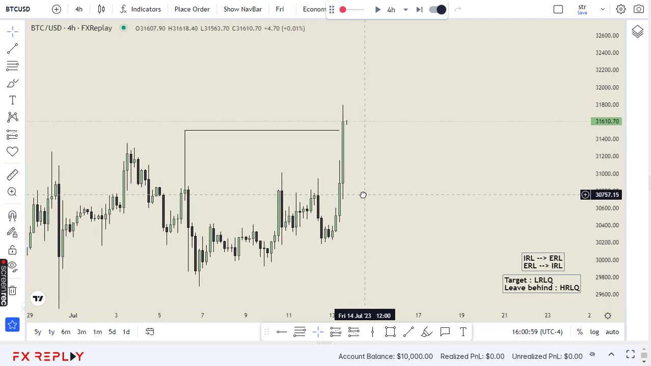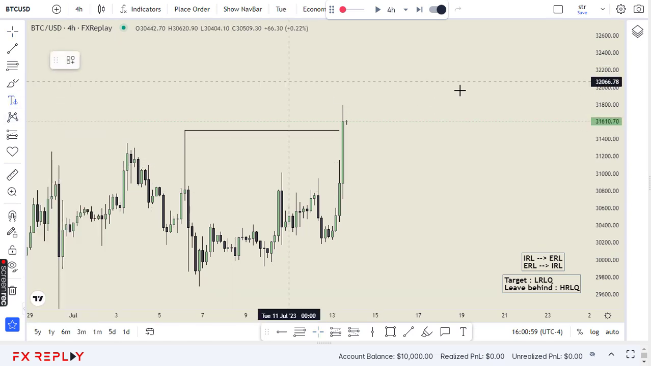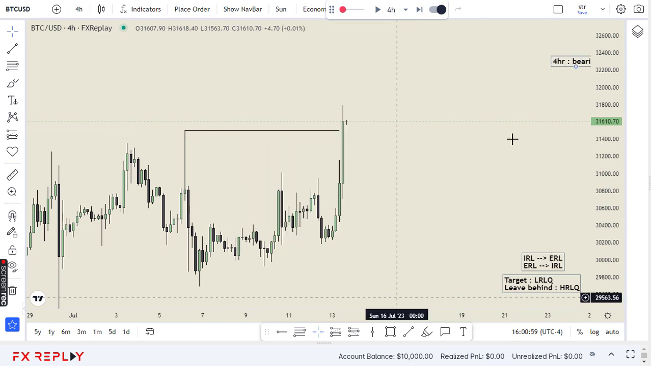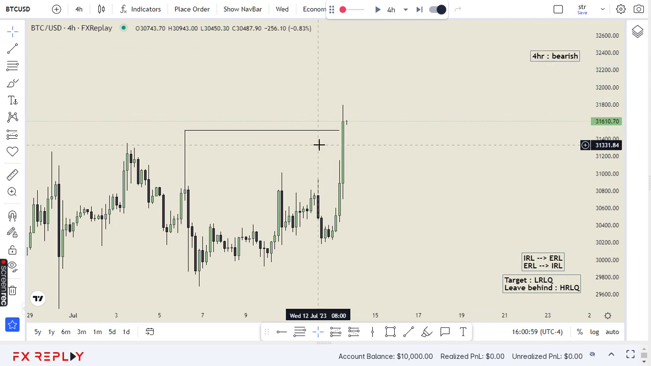Now, we have a bearish bias on the 4-hour chart, so let's write it here. So the 4-hour is bearish. We have a bearish bias on the 4-hour. The next thing, we go to the 15-minute chart. When you are on the daily, the next optimal chart to look for change in the order flow is the